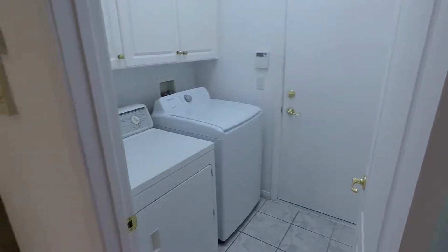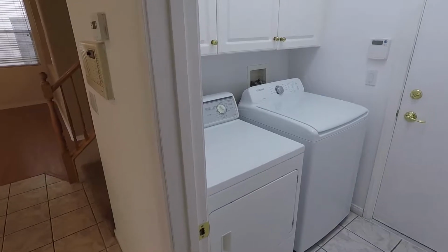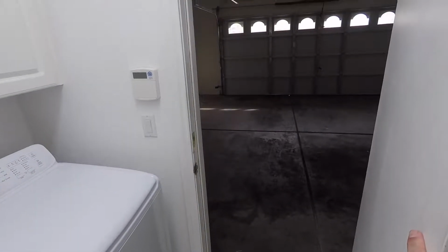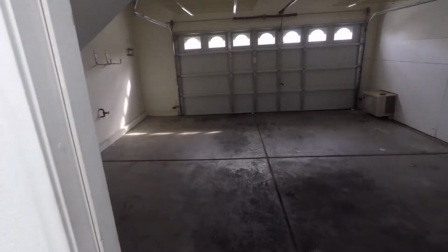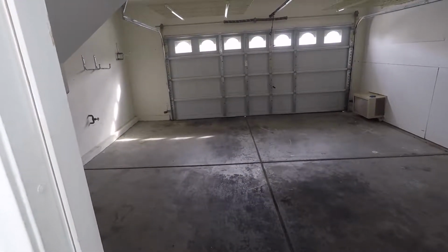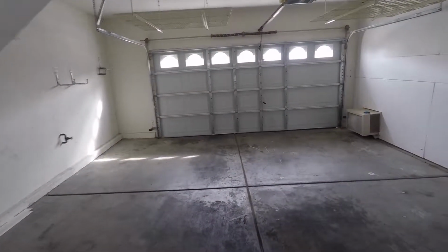Here you have your mud room, laundry room. The washer dryer are included. And from here you go right out to your 3-car garage. Now the previous owner had converted the 3rd-car garage into either an office or a work area. You could still use it as a 3rd car. So you see, coming on over,